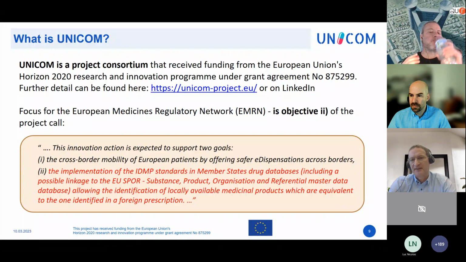So there are many objectives in this call, and we focus on the implementation of IDMP standards in the member states, which is also a legal obligation as stated in the pharmacovigilance regulation. We also want to foster the usage of EMA's SPOR services, so the Substance Product Organization and referential master database.